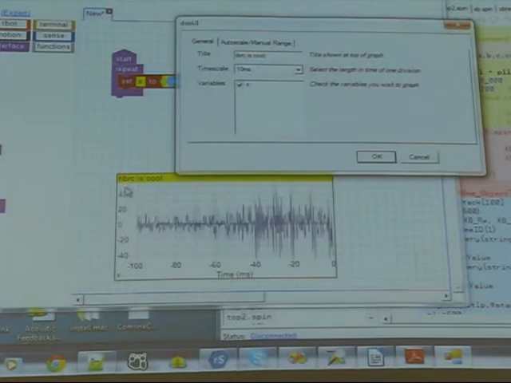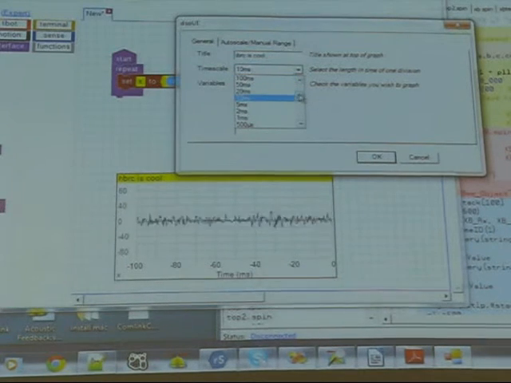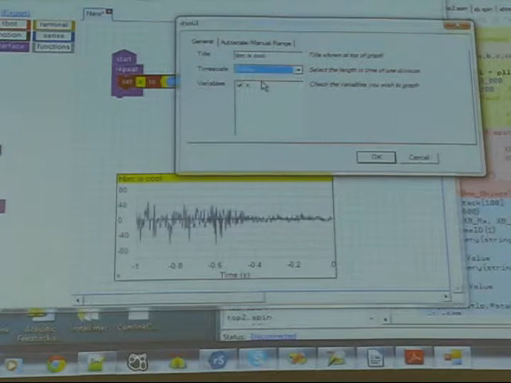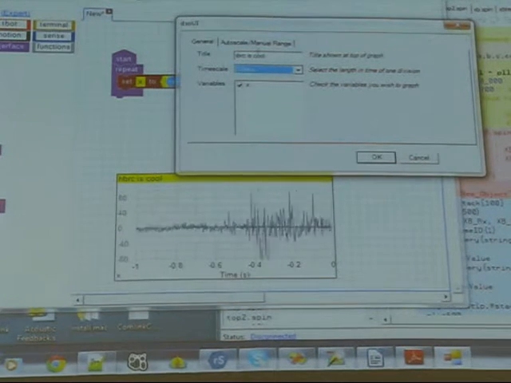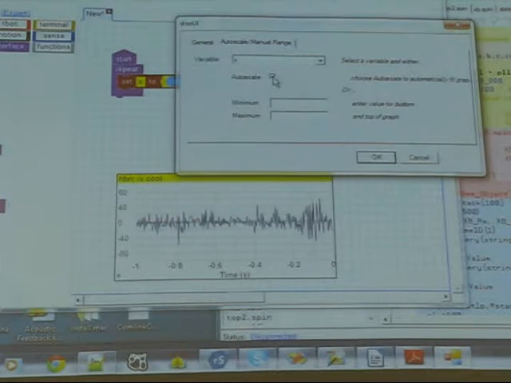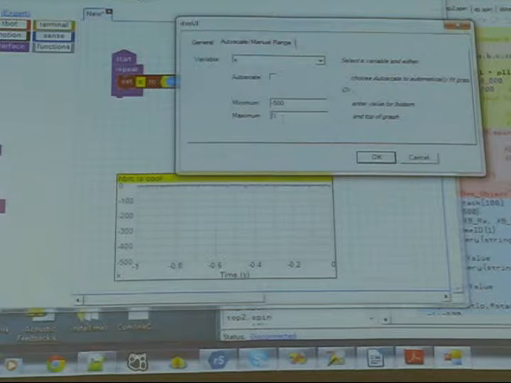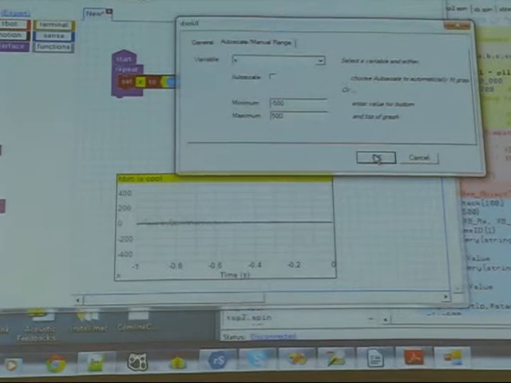So that's my title in there now. I can change the time scale that I'm using to display my voice. So here's my voice in real time streaming across there. The dad doesn't like the auto scaling, so you can turn it off. And then give it minus 500 to 500. And now when I'm talking,